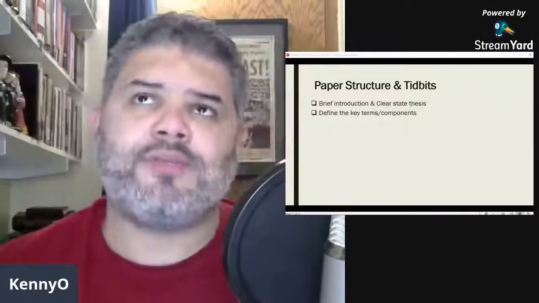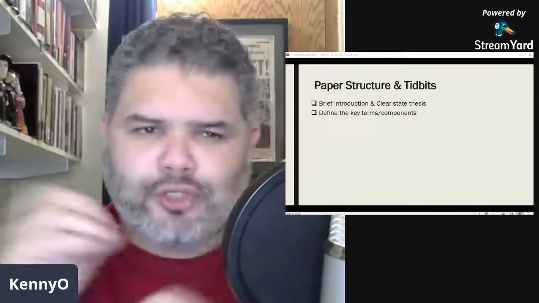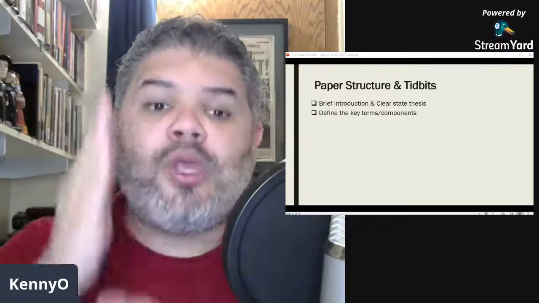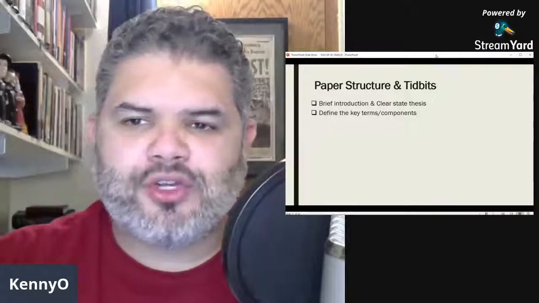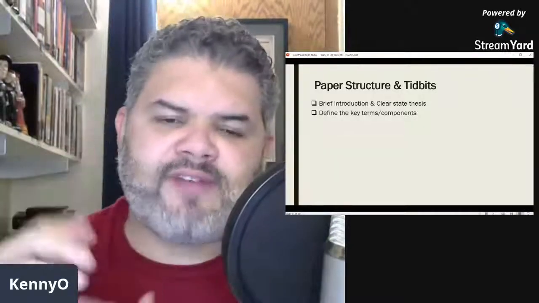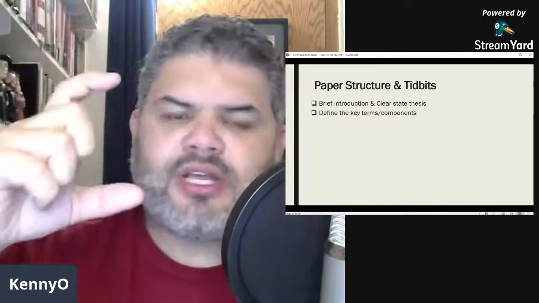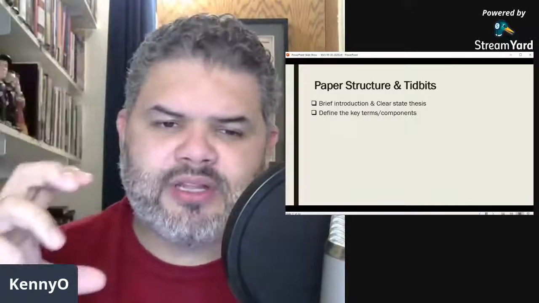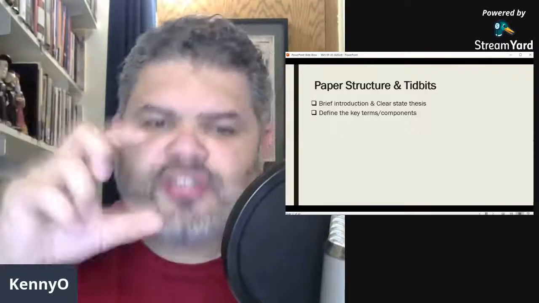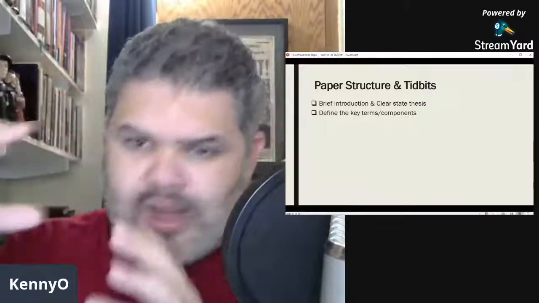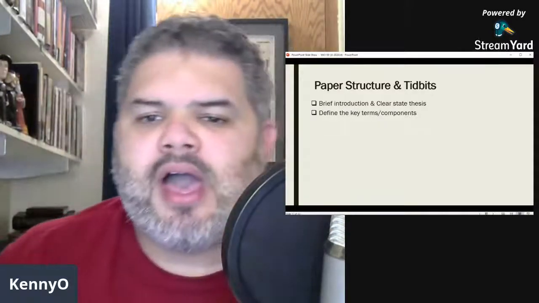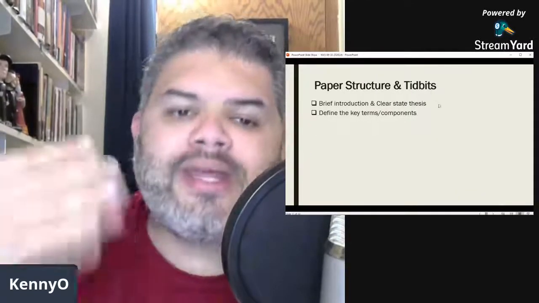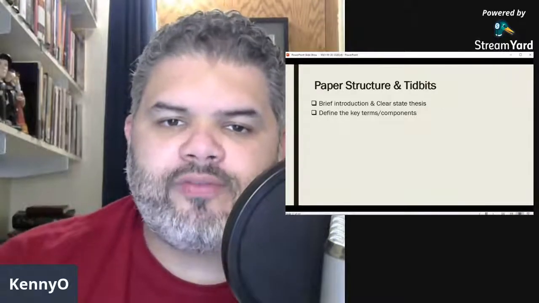There are some topics where there's a lot of different terms. You just want to clearly explain what you mean by certain terms. And so you just want to make sure that you clearly define, here's a brief introduction. Here's a clear thesis statement. Then you want to say something like, for the purposes of this paper, this term XYZ refers to blank, blank, blank, right? Whatever that may be. I think that's really important. Make sure you clearly state what it is you are actually arguing for.